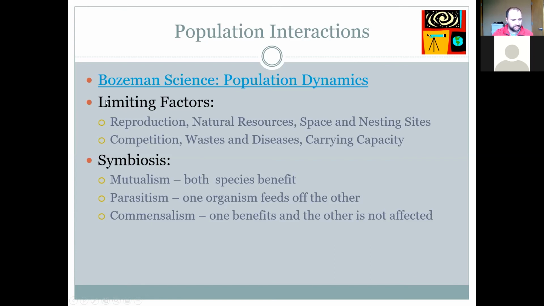And then I want to talk lastly just about symbiosis. So these three things here: mutualism, parasitism, and commensalism. Mutualism happens where you have two species interacting where both benefit from that, right? An example, let me think of an example of mutualism in an ecosystem. It's kind of a dumb example, but in the ocean, when you see pictures of either big sharks or whales,